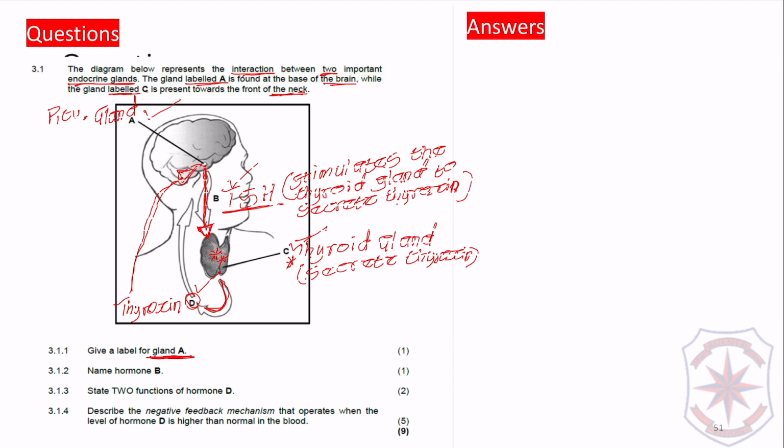Gland. Your answer must be a gland, not a hormone, guys. It must be a gland. And what is the answer? The answer is the pituitary gland. Okay. Question